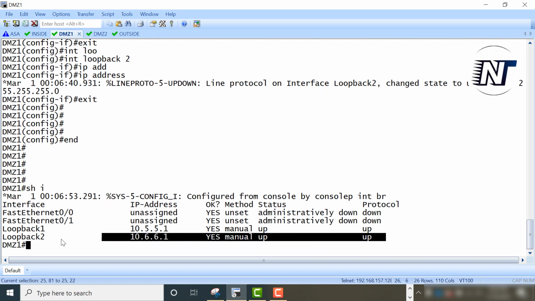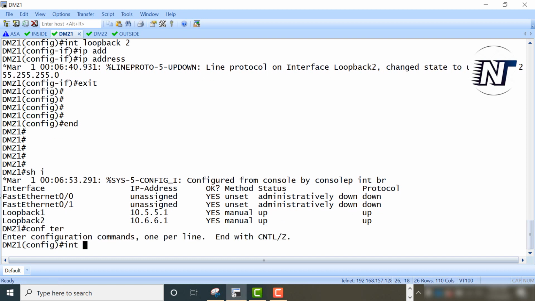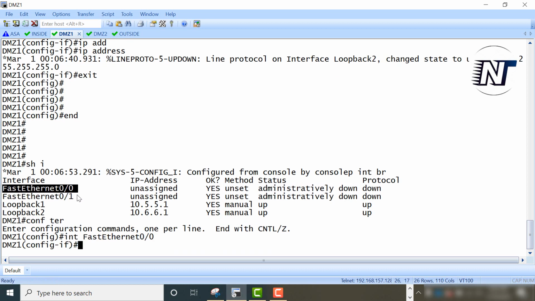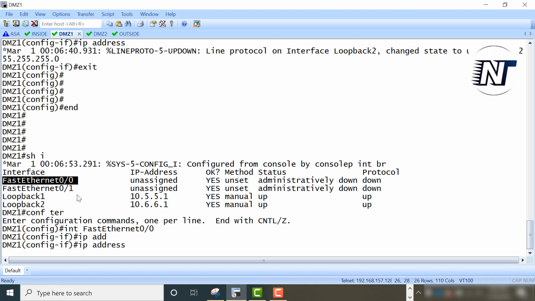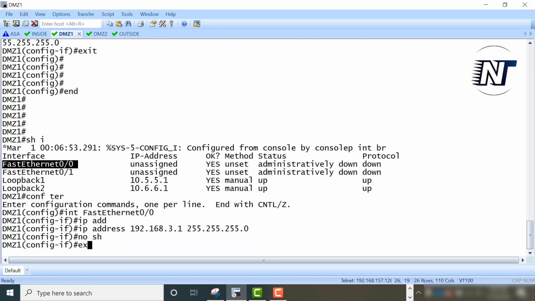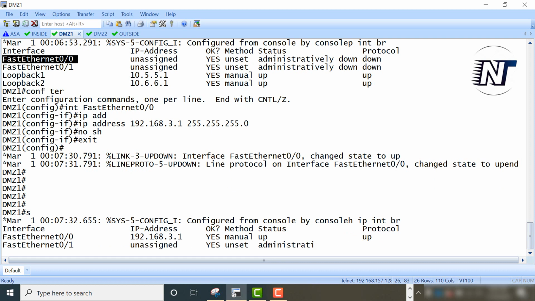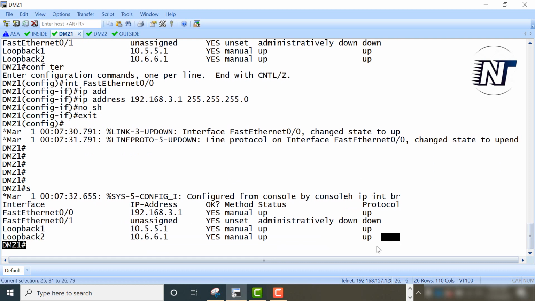Yes, two loopback interfaces came up. Next, config terminal, interface FastEthernet 0/0, IP address 192.168.3.1 255.255.255.0. No shut. Exit. And show IP interface brief. Yeah, all the three interfaces came up.